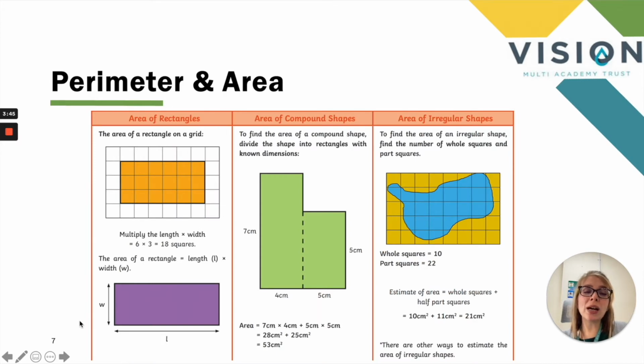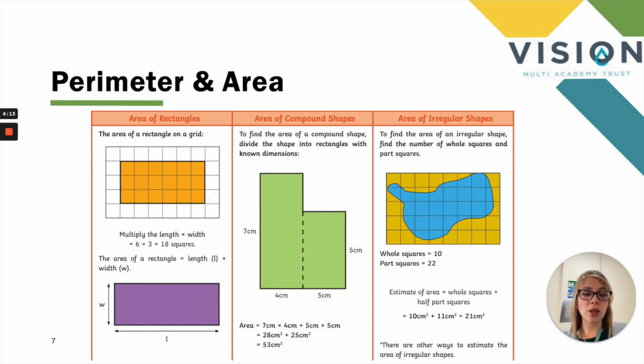So looking now at area. So looking at areas of rectangles, we can look at the areas of rectangle on a grid, whereas previously we would have counted the different squares within there. It's something we can still do. Or we can multiply the length by the width. So we can see that the length on here is 6 squares multiplied by 3 squares, which gives us 18 squares in total. Looking at the area of a rectangle, we use the same principle, the length multiplied by the